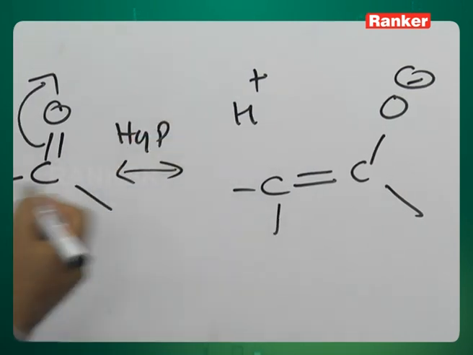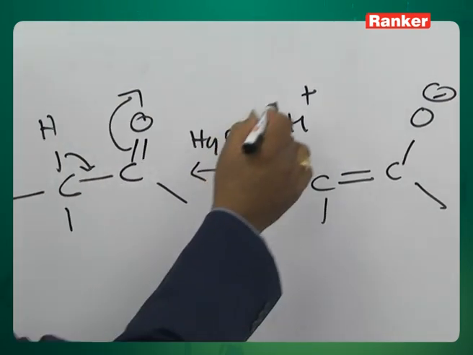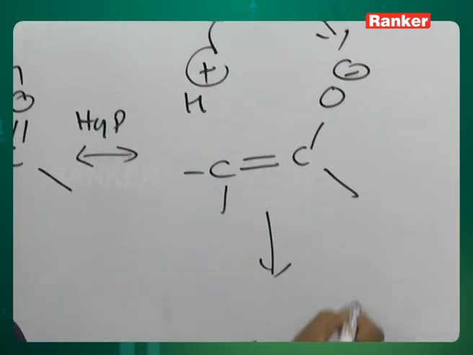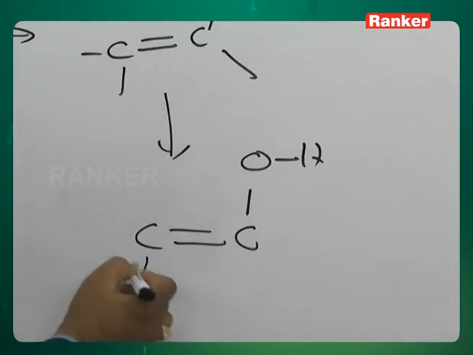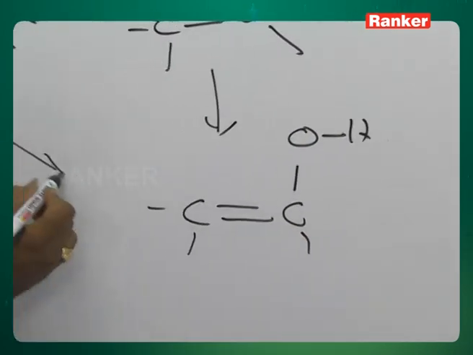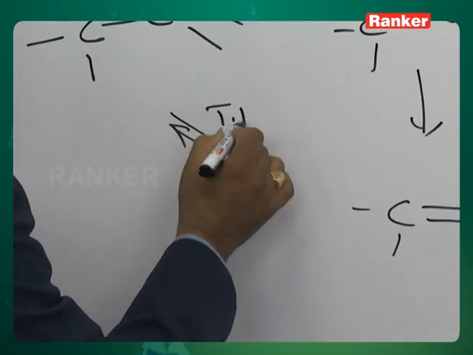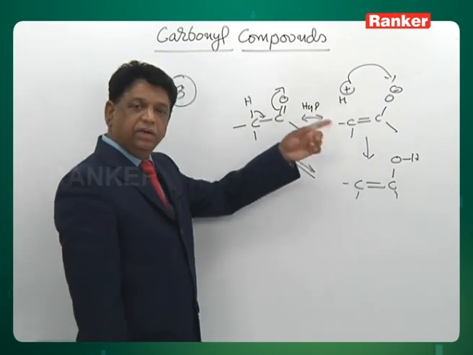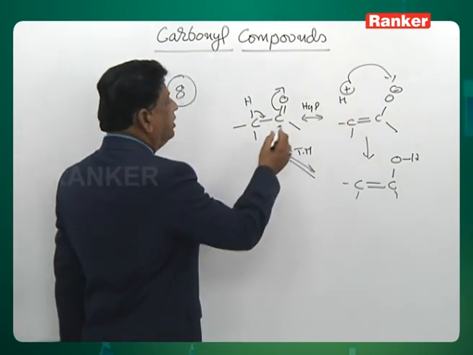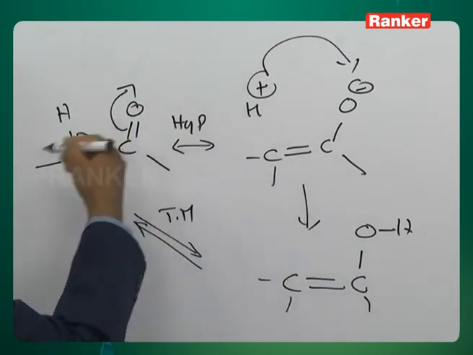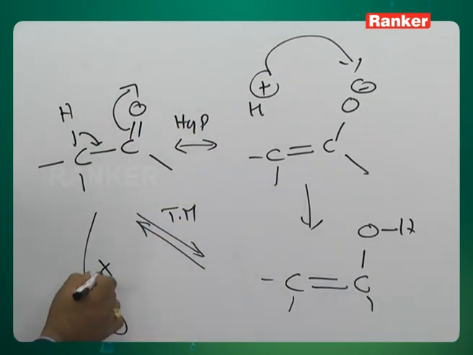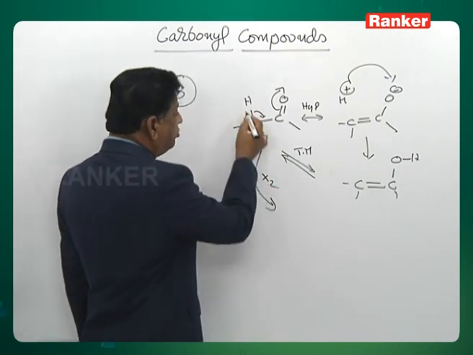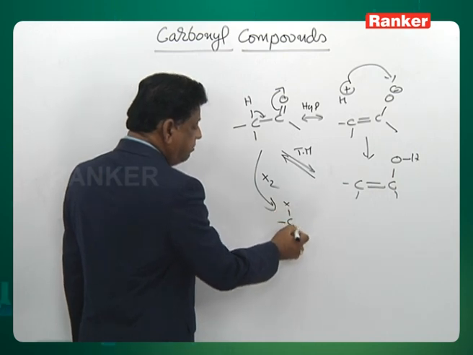Hyperconjugation can be shown with a resonance symbol, but if the proton is shifted here, then we will get a system like this which has an enol. So this enol and the carbonyl compound are in equilibrium. This is called tautomerism. So this hydrogen shows enol formation. When this enol hydrogen is detached and attached, the compounds undergo halogenation whenever treated directly, even in a basic medium,